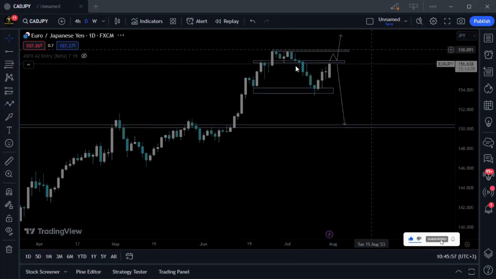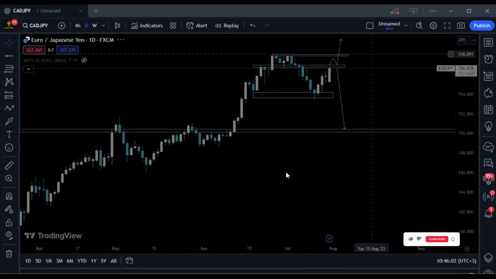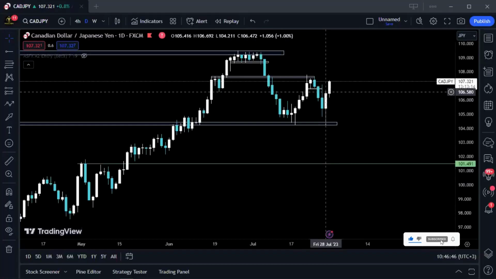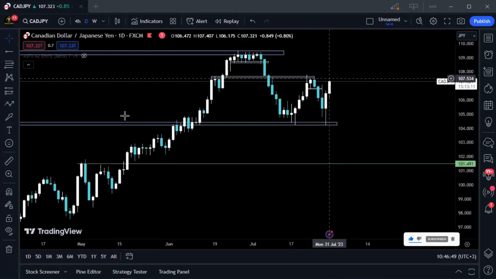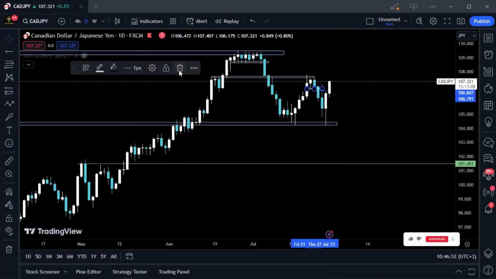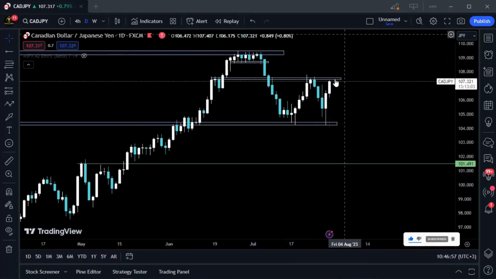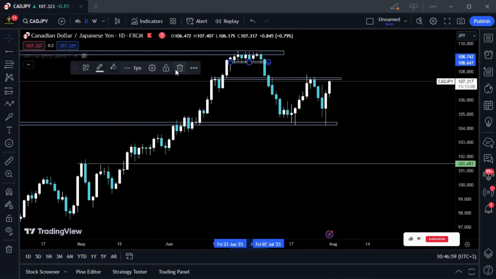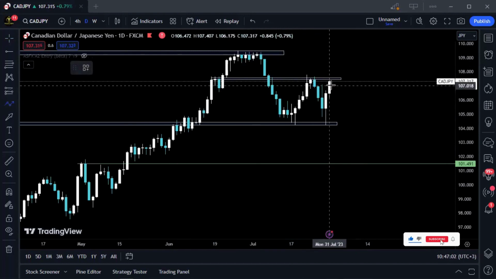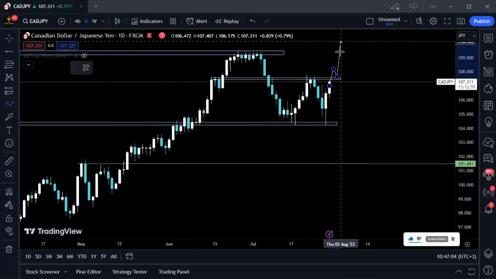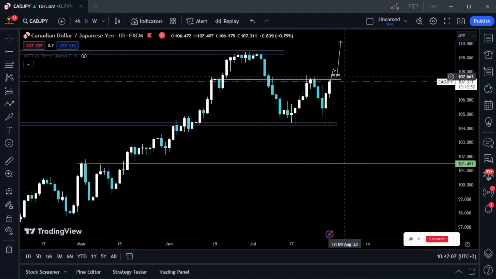Same thing, CADJPY. Okay, so as I was saying, CADJPY, same thing applies here. If prices break above here, then we'll be looking for solid bullish confirmations to continue the bullish trend. Somewhere up here, we'll be looking for that one to continue. But if prices reach here and they indicate some kind of a lack of